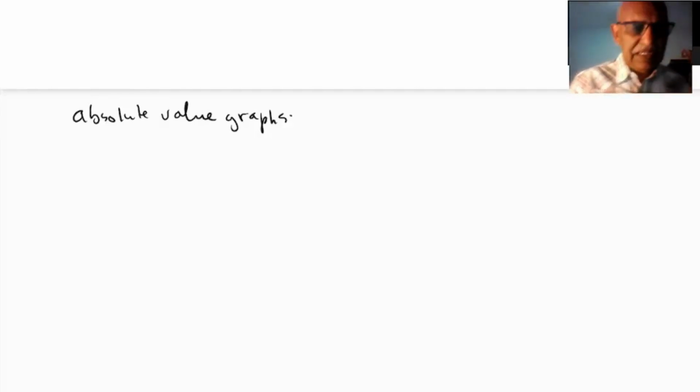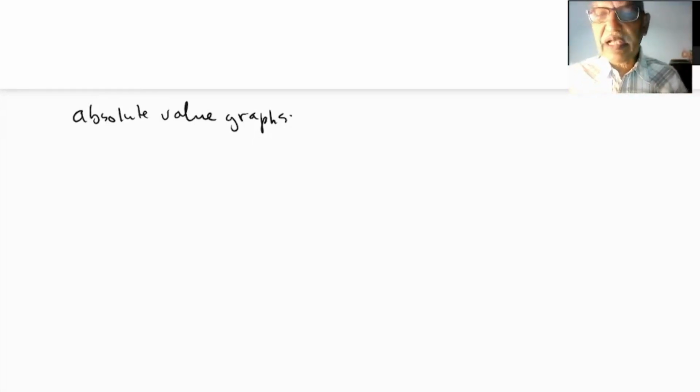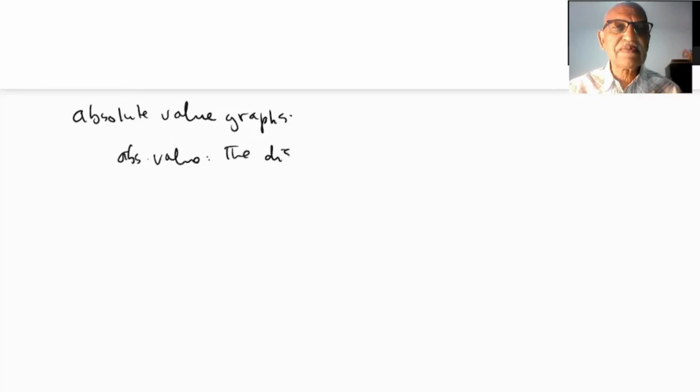Okay, let's see the next lesson. The next lesson would be absolute value graphs. Absolute value, first of all, what does absolute value mean? We know this definition of absolute value. Absolute value means absolute value is always the distance on number line